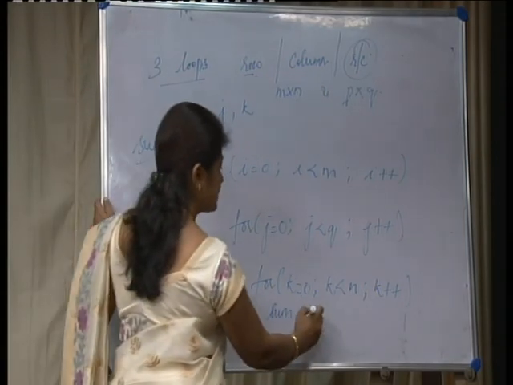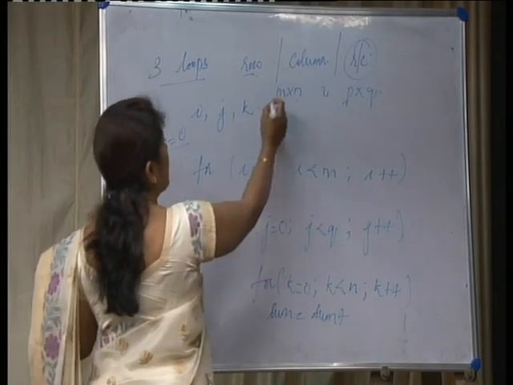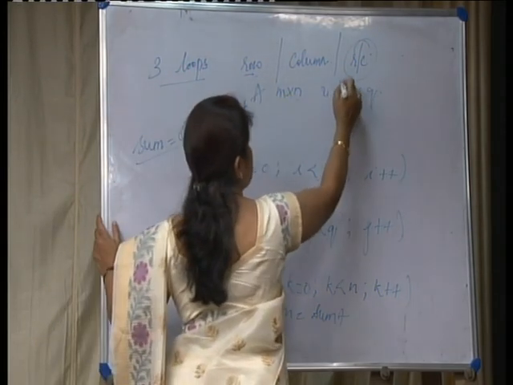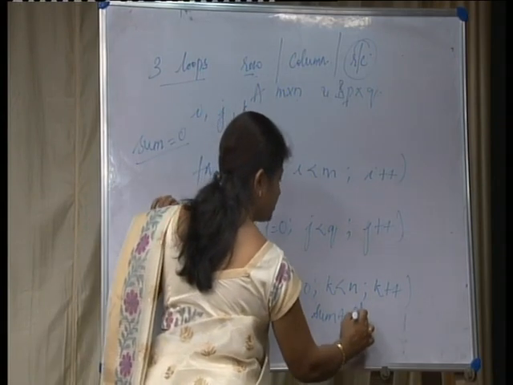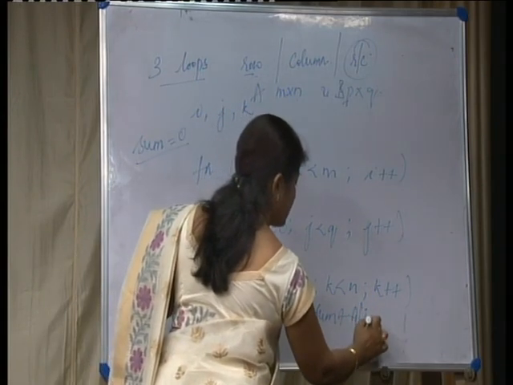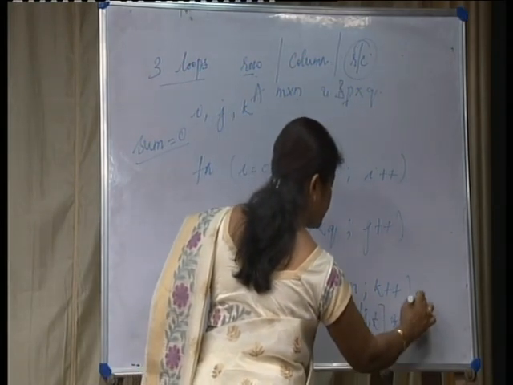So I would say sum is equal to sum plus, if I am calling this matrix A and this as matrix B, A of i comma k into B of